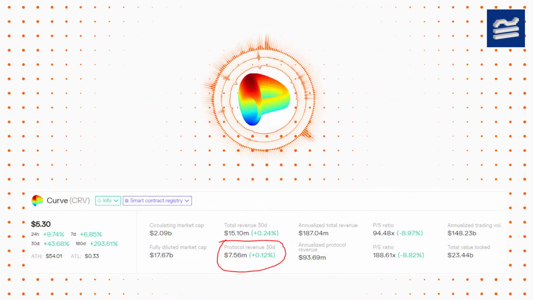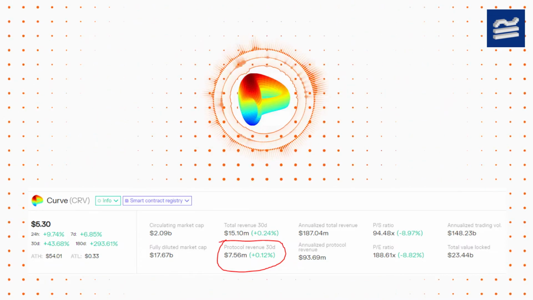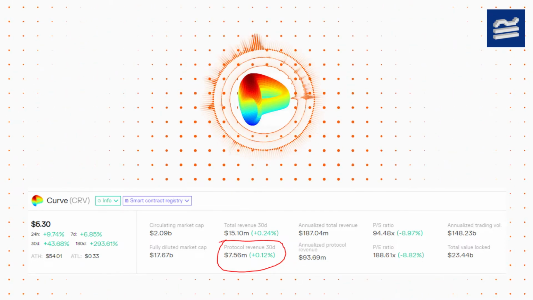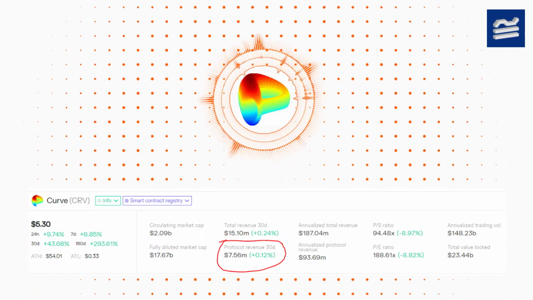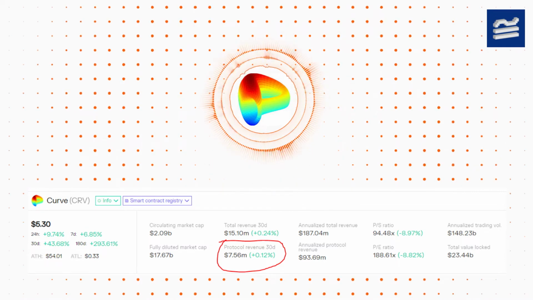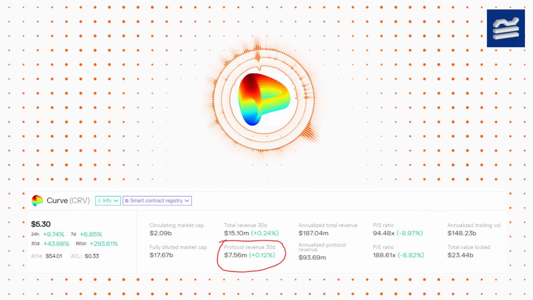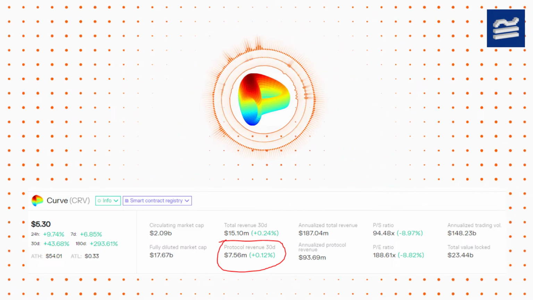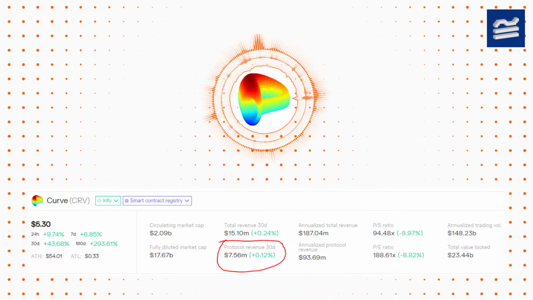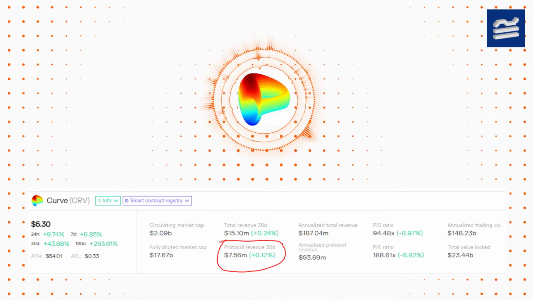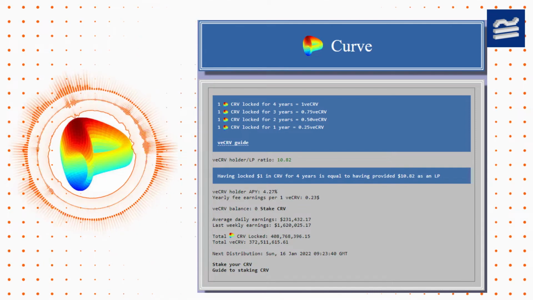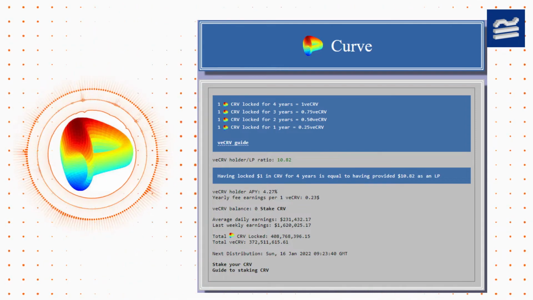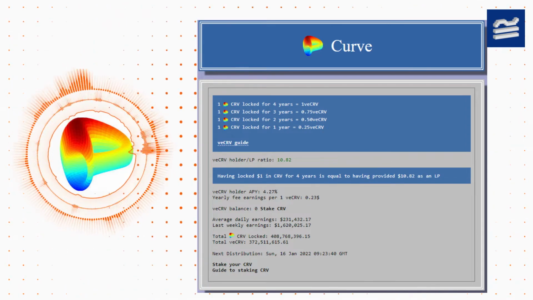The difference about Curve governance tokens is that they only share revenue and voting power with those who lock their CRV. This then converts their CRV to vote-escrowed CRV, veCRV. FYI, Curve made $7.56 million in revenue over the last 30 days according to Token Terminal. This means for a cut of this $7.56 million monthly revenue, boosts, and voting you need to lock your tokens away.